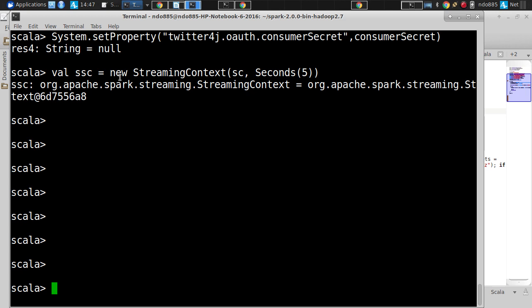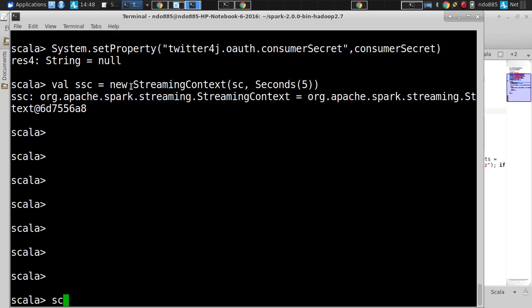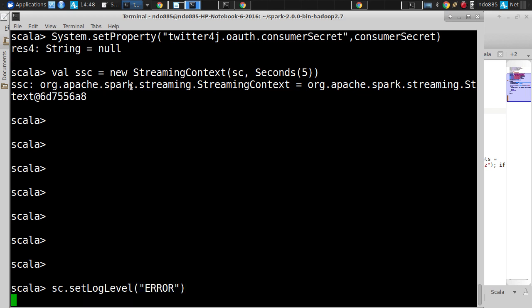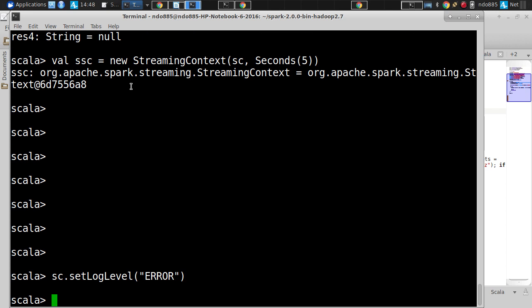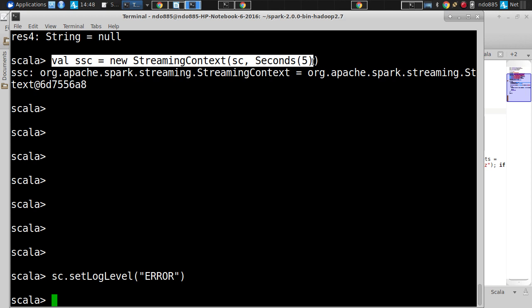So what I'd like to do is go back to here, where we have set up the beginning of our operations. We created a new streaming context, and we should have done sc.setLogLevel and set it to error, so that we don't see lots of cruft. Now, I'd further like to undertake one thing that we have not yet seen. You notice we created a streaming context here